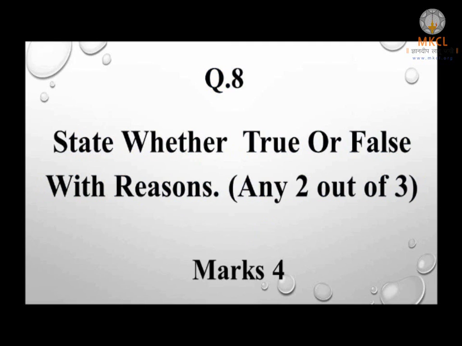Now let's go to question number 8. State whether true or false with reasons. You are expected to write any two out of the given 3 options. There are 2 parts to this answer. You are supposed to write the word TRUE or FALSE in capital letters in a separate line, visibly and legibly. No overwriting here. If later on you change from false to true, that tells the examiner that you are in two minds and are totally confused about your answer. So try to show your confidence by writing the correct answer only once.